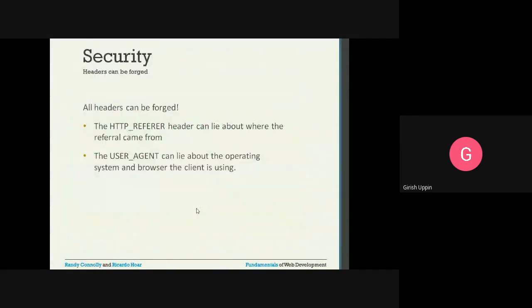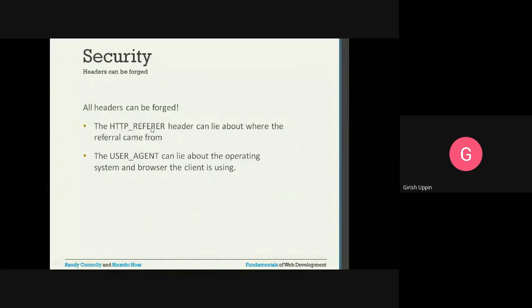All headers can be forged. One problem with this is that all these header values can be forged, meaning they can be manipulated. So whenever you are using these values, you have to be very careful. The HTTP_REFERER header can lie about where the referral came from.